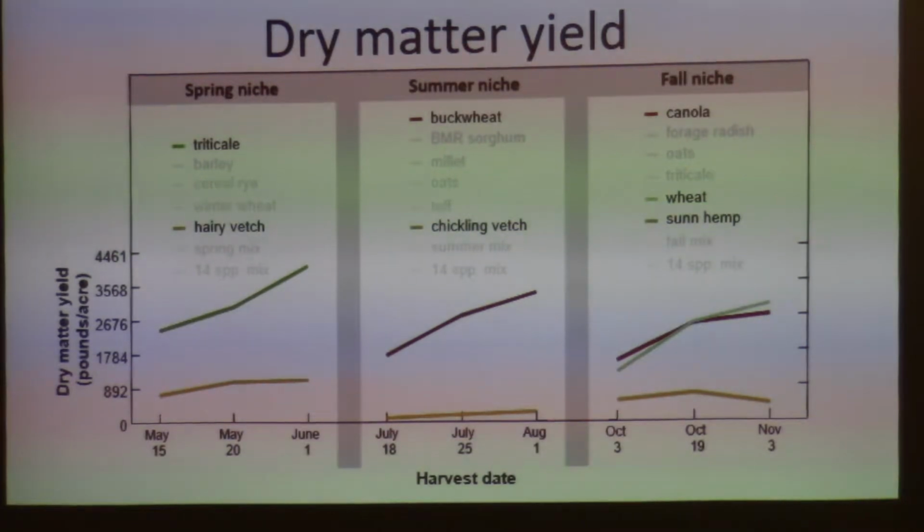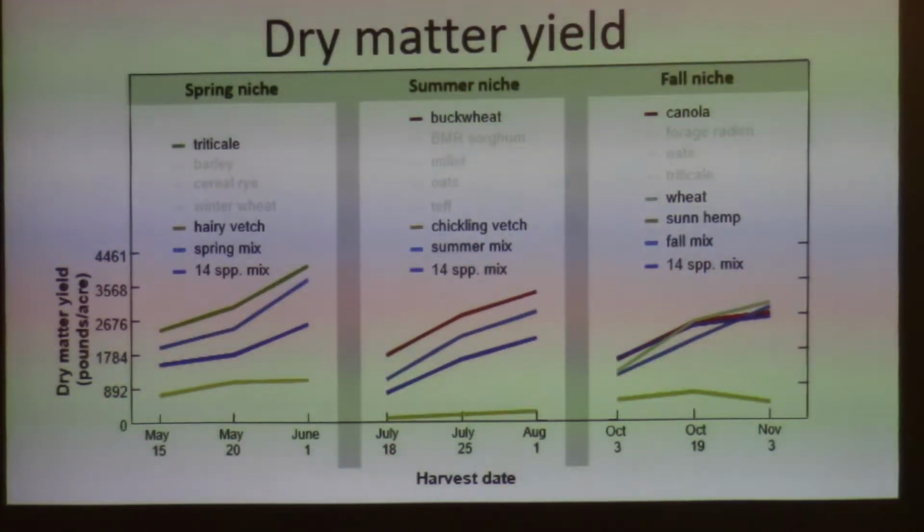Now I'm going to show you those mixtures. So here are the mixtures. Hopefully you can distinguish between the light blue, which is always the spring mix or the summer mix or the fall mix, and the dark blue, which is those 14 species mixtures. And in the spring niche and the summer niche, it's those seasonal mixtures which tended to do better than the 14 species mixtures. But in the fall niche, it's actually that 14 species mixture that does better, at least in